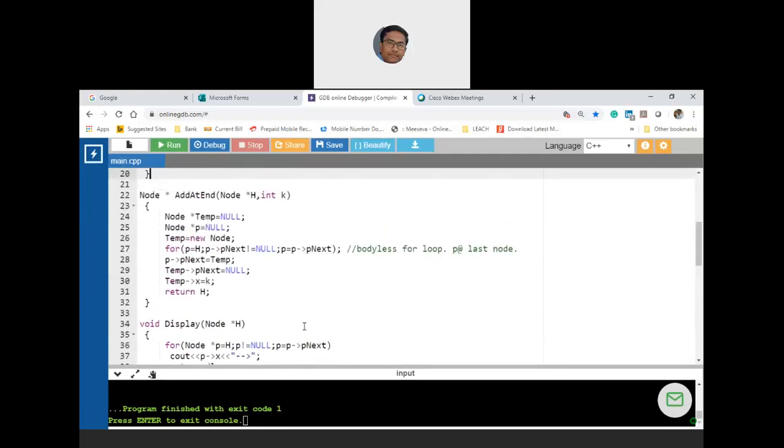When you are adding, every time you add a new node, the last node which was pointing to null, you are replacing it with the newly created node, line number 28. You are changing P next only when you are adding it. Are you clear? Sir, but we didn't change head arrow P next, sir. Head arrow P next.